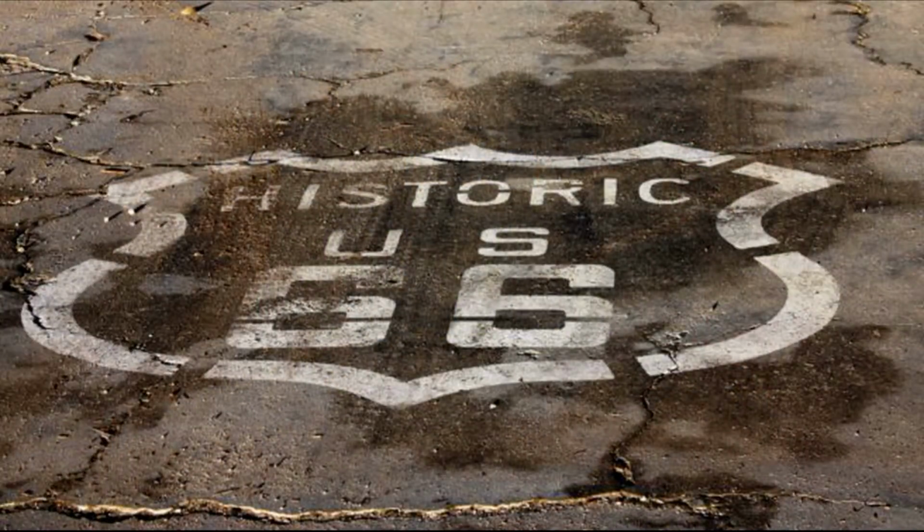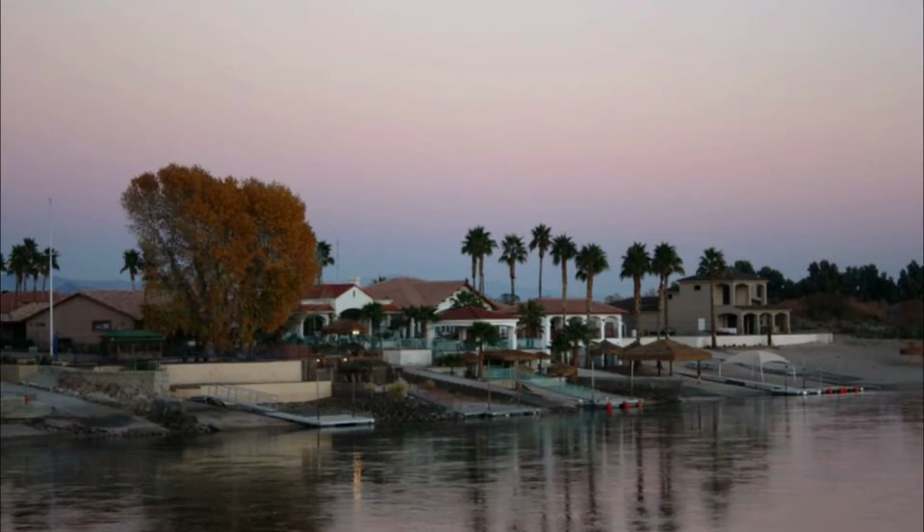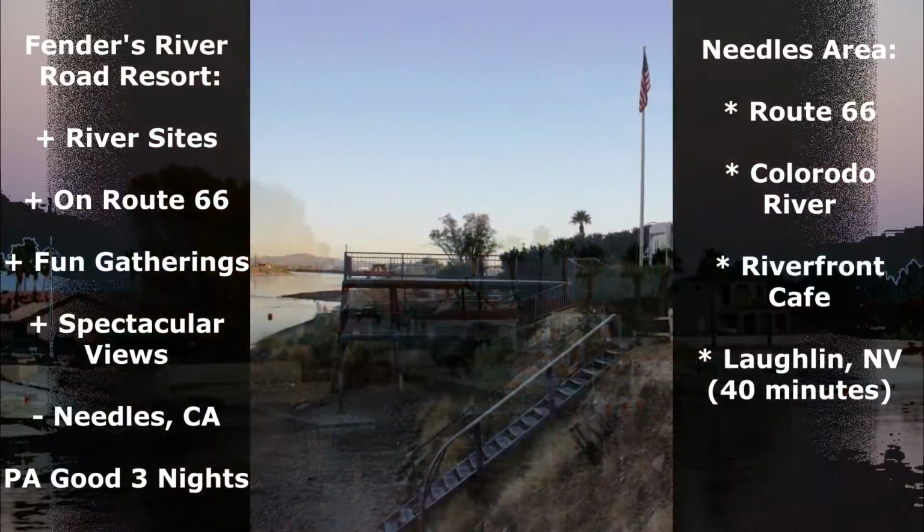Fenders RV Resort is not only on the Colorado River, but it's on Route 66 as well, which is really cool because you get to meet a lot of people that are a part of that fraternity. I know recently Fenders acquired the larger RV park next door, so I have no idea what the landscape looks like now. But the times that I stayed there was a very small, intimate community,